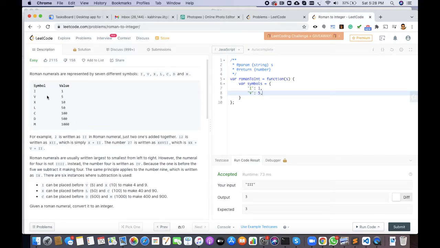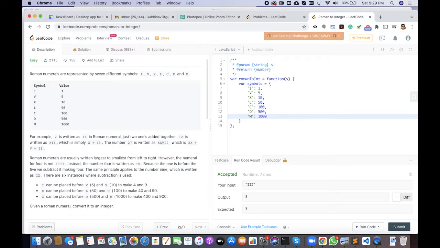I'm just copy pasting all this, and X would mean 10, and L would mean 50, and C would mean 100, and D would mean 500, and M, capital M, would mean 1000.